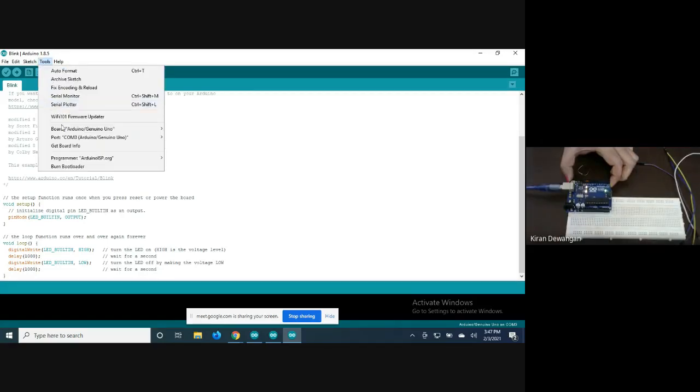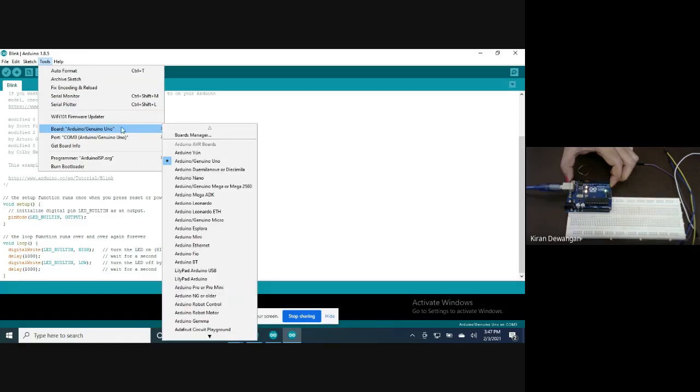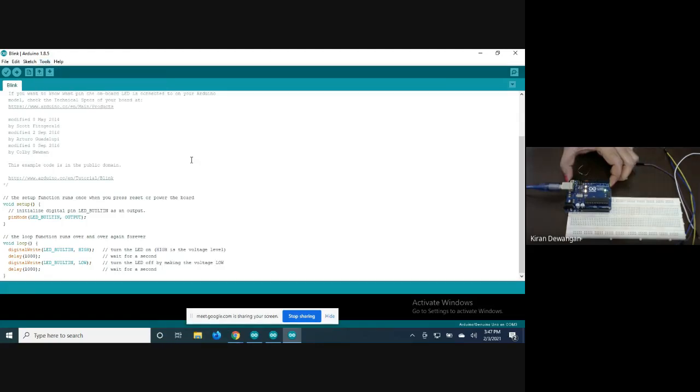Then I am going to the board. Board, as we can see when I am going to the board option, we are getting the different types of Arduino board. We need to select Arduino Uno, Arduino Genuino Uno. ठीक है? So we are selecting it. Now it's done. We have selected the board and we have selected the port. Now as I am going to this option, here this is a verify. And after that we have an upload. So first let me just go to the verify. I'm verifying it.